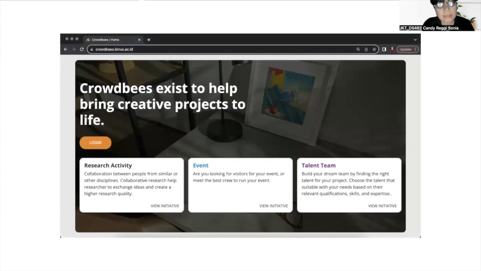CROWDBEES exists to help bring creative projects to life. As we can see, we have three features: research activity, event, and talent team.